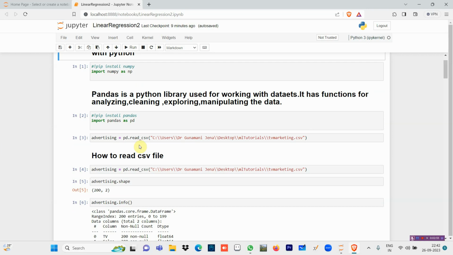Suppose you are working on the tvmarketing.csv. So this I have taken, downloaded from kaggle.com. I put it in a folder, that is machine learning tutorials, here on the desktop. So I have created it, and I have to read this data, that is pd. What is that pd? pd is used for this pandas. So I am using a method read_csv,